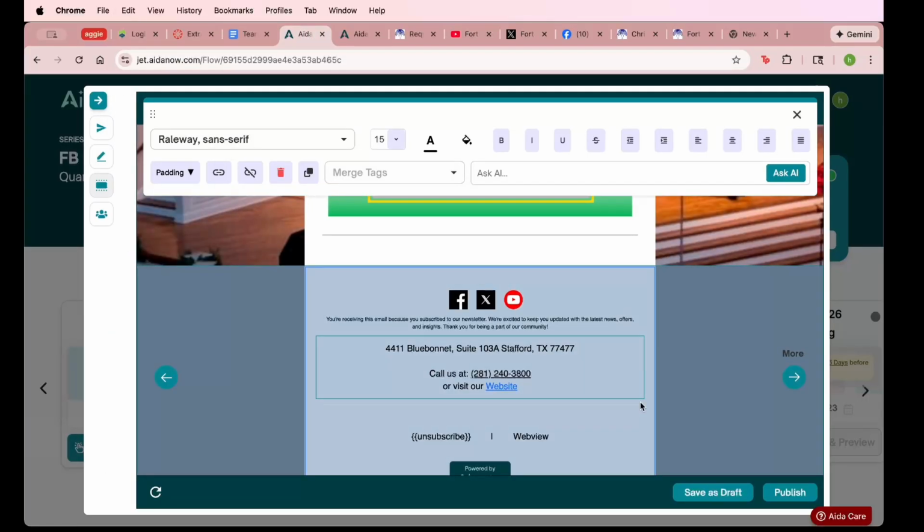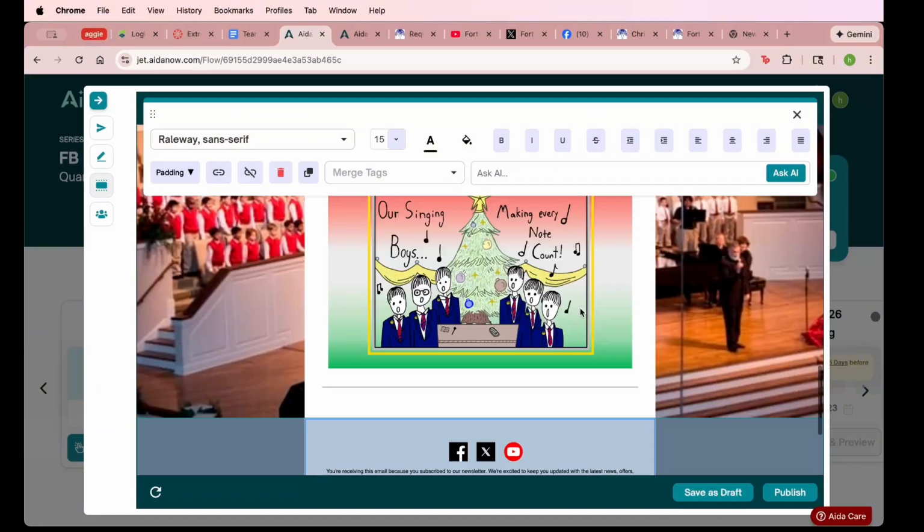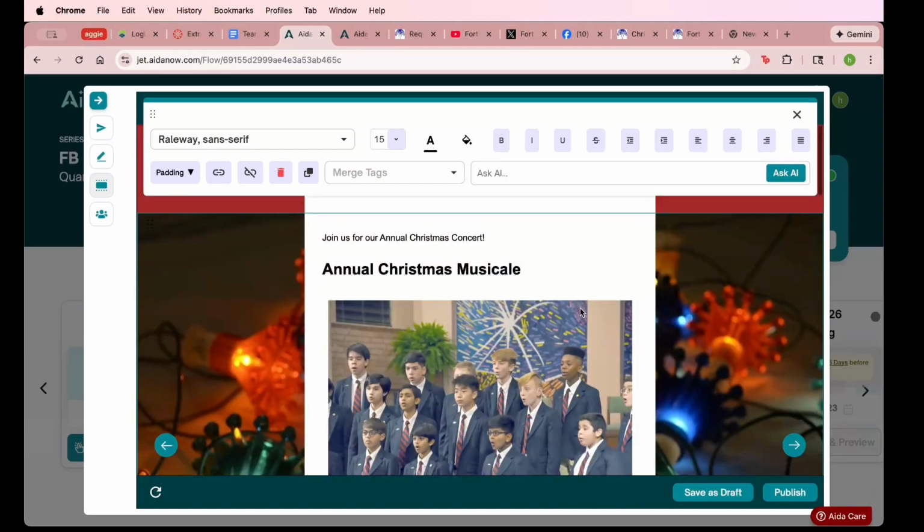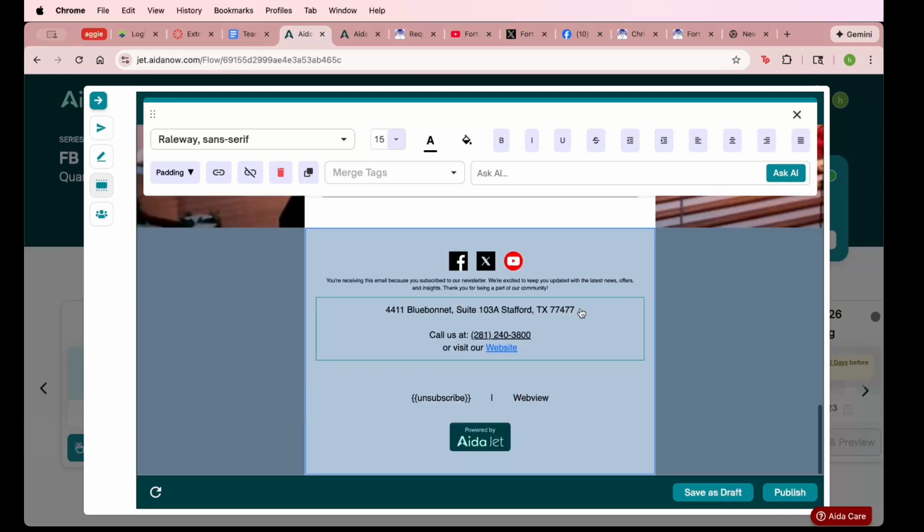Important to note that best business practice is that you keep your header and your footer the same for each newsletter. Luckily, you can change and save your newsletter to be a draft for every newsletter that's upcoming. So all you have to do is update the information that's going on it, update the images, but the general look of this can stay the same if you choose to do so. Now that this is all done,